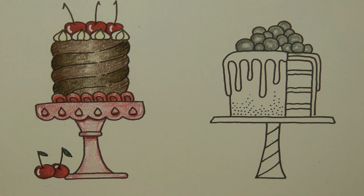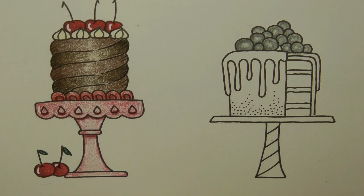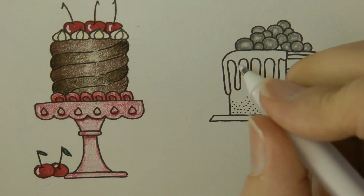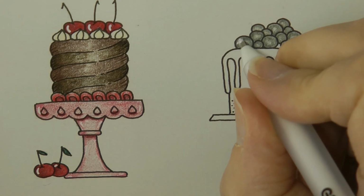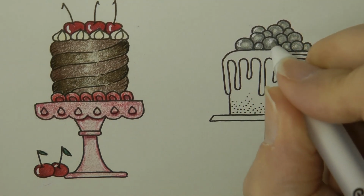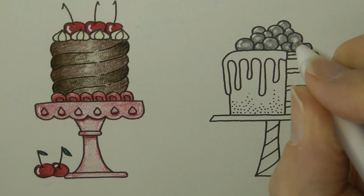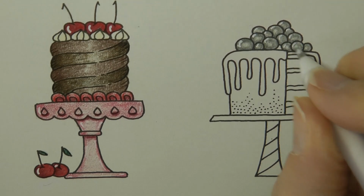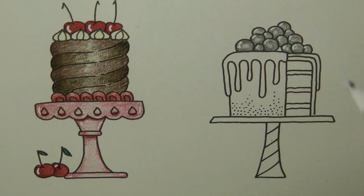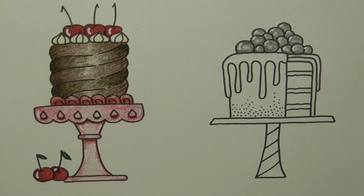So there's my silver on the top, and I'm actually going to go in with my gel pen right now. This is my good old Jelly Roll, and I'll show you that I'm going to add a little bit of shine on the edge of each of these, and hopefully it will make them look a bit more silvery. I think it does. Now icing,